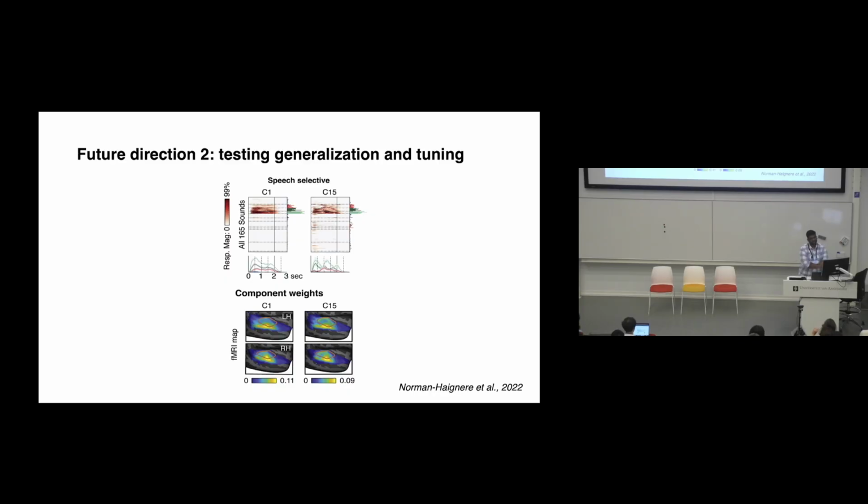The second one is testing for generalization and tuning, and this is to see if the components we learned are tuned for specific features. One way to do this is, for instance, looking at past research, such as this paper by our PI Sam Norman-Haignere, where we have these functional ROIs or even anatomical ROIs which are selective to certain things, for instance, speech selective regions or non-speech selective regions. And we subset for electrodes, populations within these regions, and we apply a paradigm to learn the components within these subsets. And these can give us good insights into how these features are tuned.